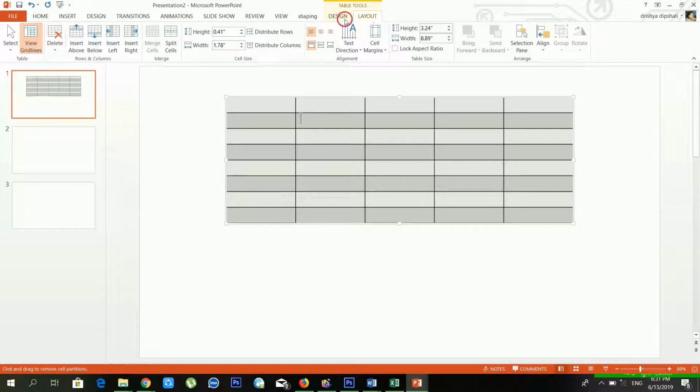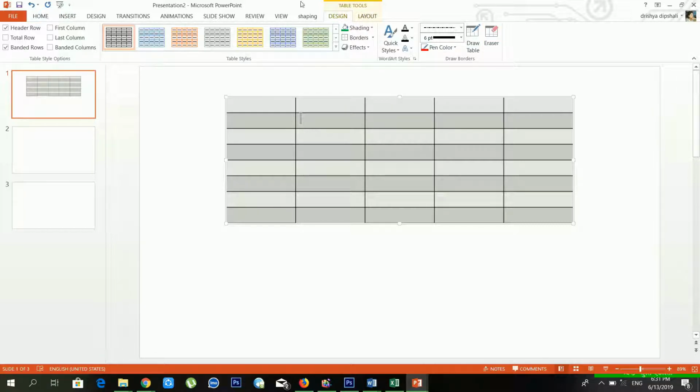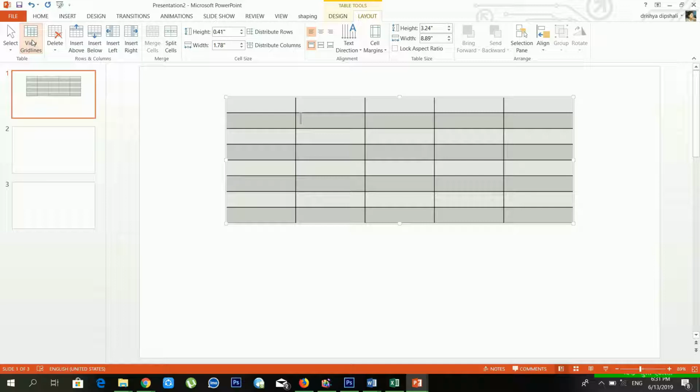Just wait for a moment. From the design I'll deactivate the eraser. And from the view grid lines you can show and hide the grid lines. So it's not working right now, but if you want to show and hide your grid lines, in that case you have to use view grid lines. And from the delete you can delete your columns, you can delete your row, you can delete your whole table